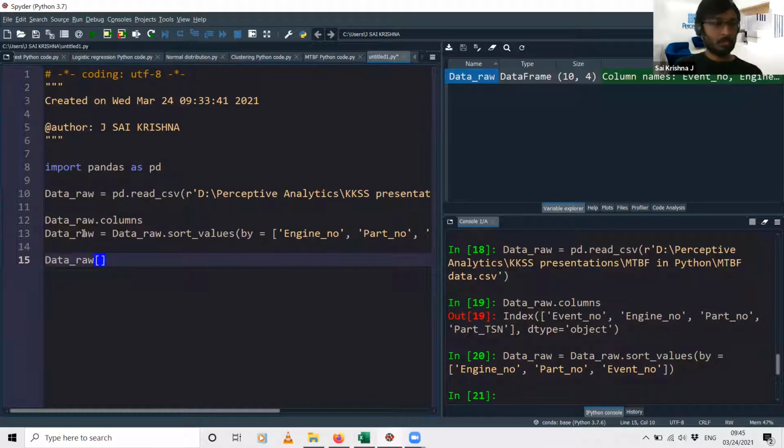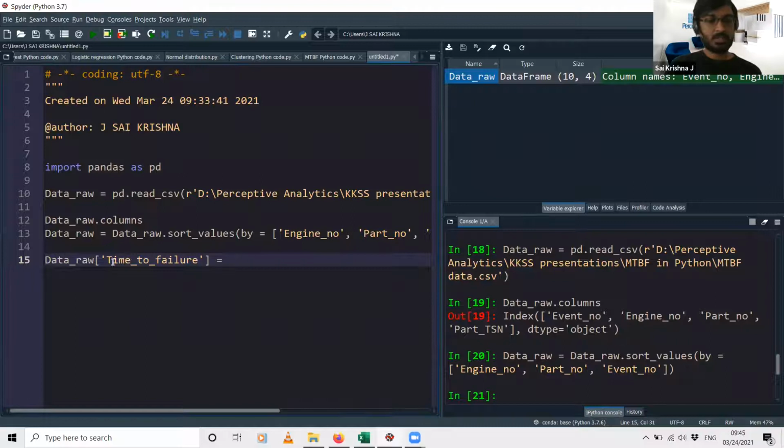I will call it time to failure, equal to, and now we have to specify the formula of that column. It's similar to how you create a calculated field in Tableau or a measure in Power BI: we specify the name of the measure first, and then the formula.